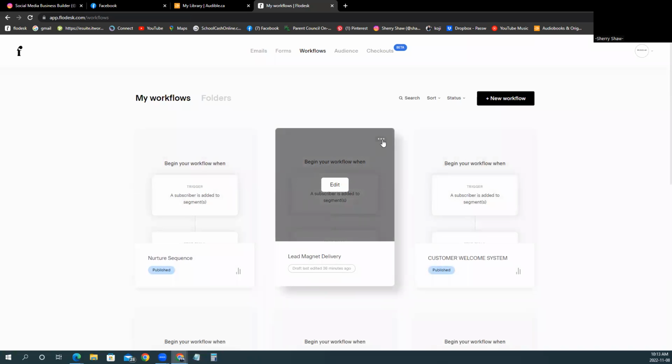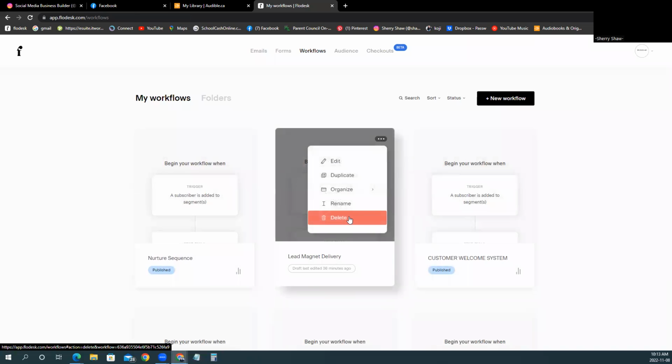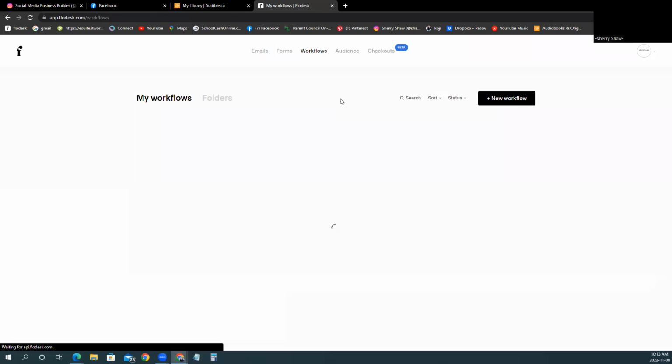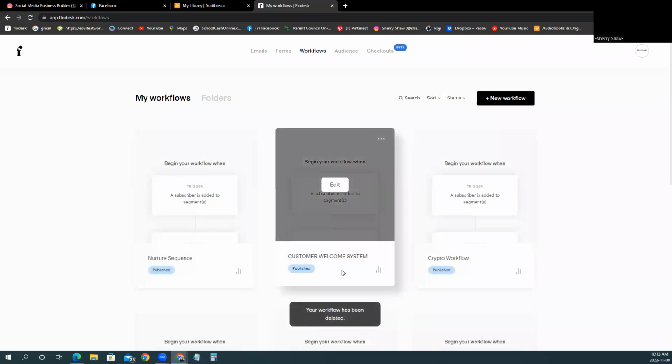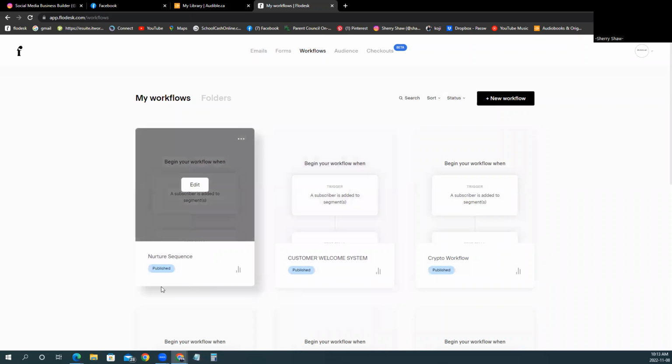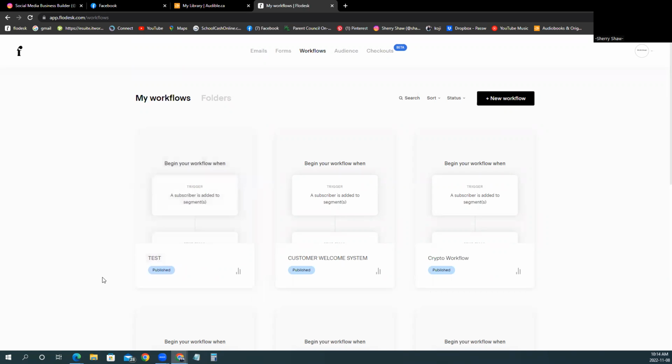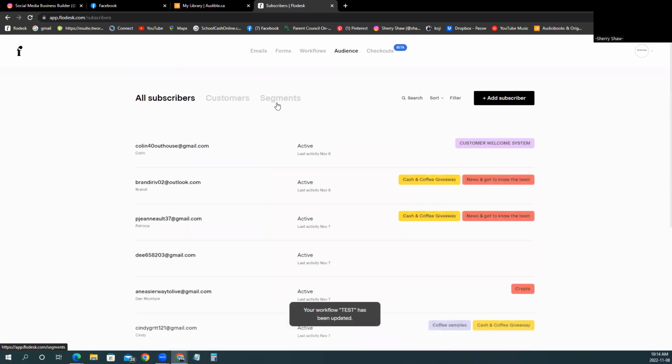Okay, so this is another one I was just showing another person on my team because she was trying to figure it out. So I'm just going to delete that, or else I'm going to confuse myself. But as you can see, it was turned off. This one is actually published. So again, I'm just going to edit this. Yes, I can. You can name these. I'm just going to put test, or I'm going to forget, and I'm going to be like, what the heck is going on? And you guys, I hope this helps. So again, audience segment, you can see your subscribers about whatever. Okay, this is absolutely incredible.